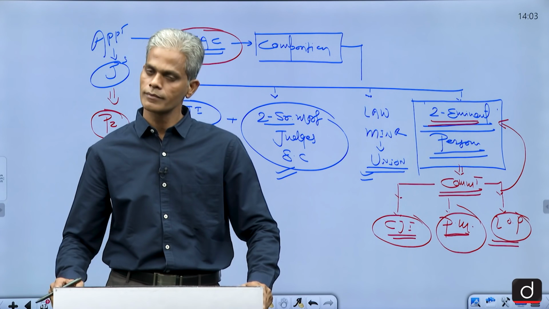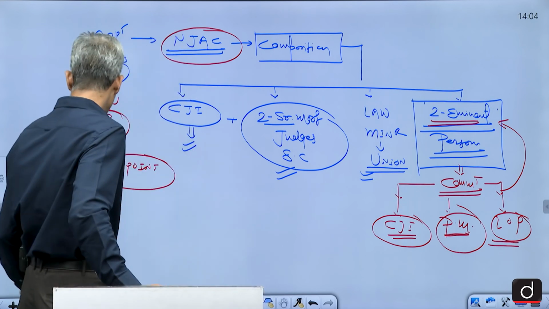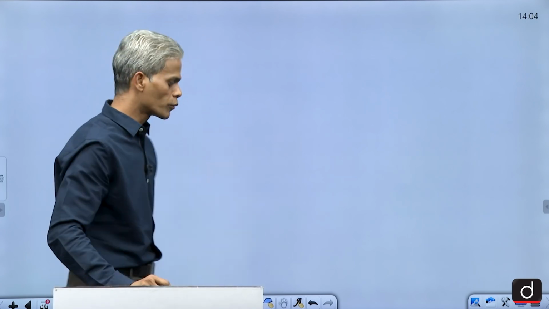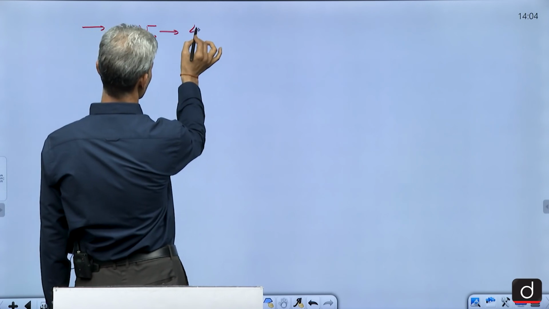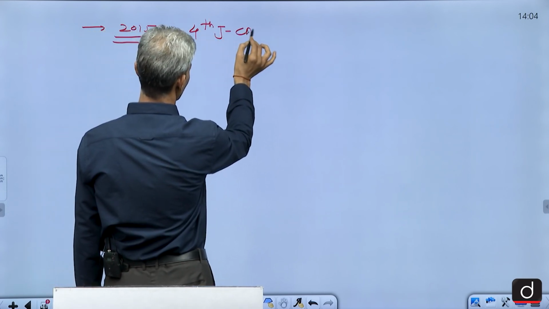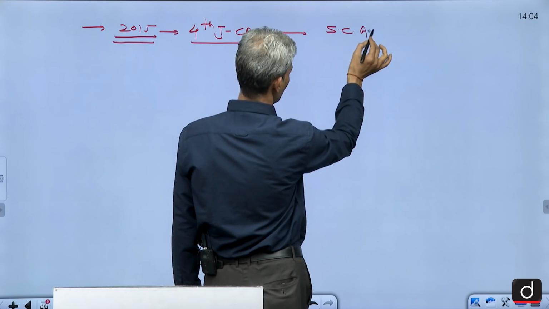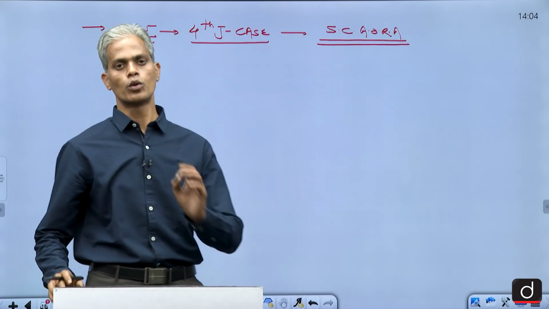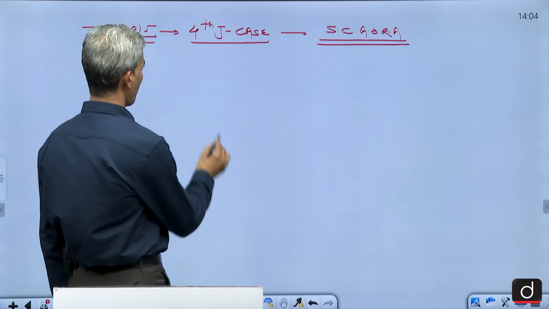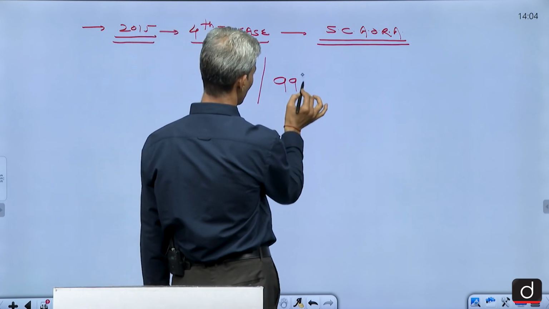Is it clear? However, the problem is that before this commission could start its functioning, it was again challenged in the Supreme Court. And when the matter went into the Supreme Court, the Supreme Court declared what? This case went to the Supreme Court in 2015, and that is how it is known as the 4th judge case. It is again by the same association, the Supreme Court Advocates on Record Association. They filed this case, and in this case the Supreme Court declared the NJAC, the National Judicial Appointment Commission, or so-called 99th Amendment Act,